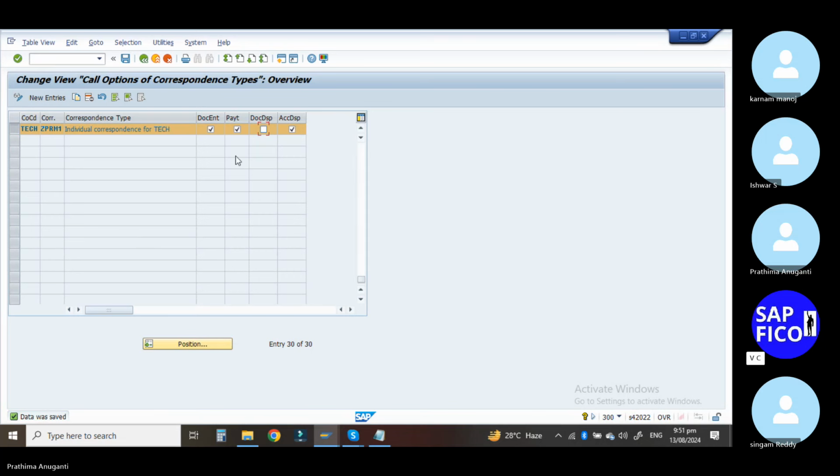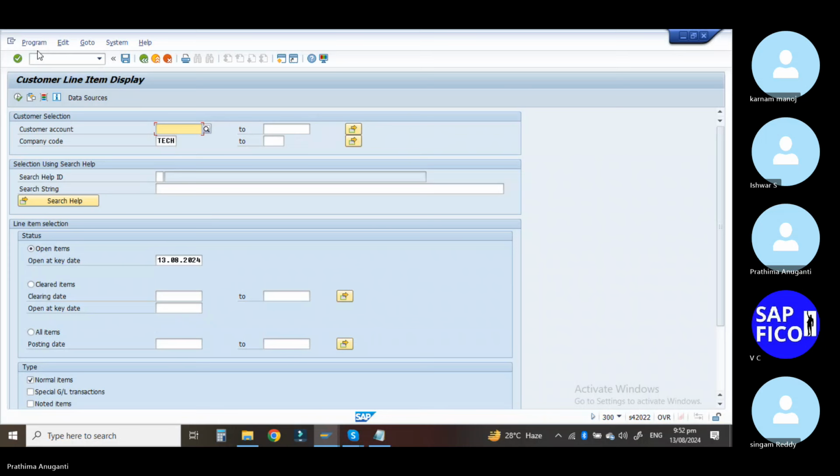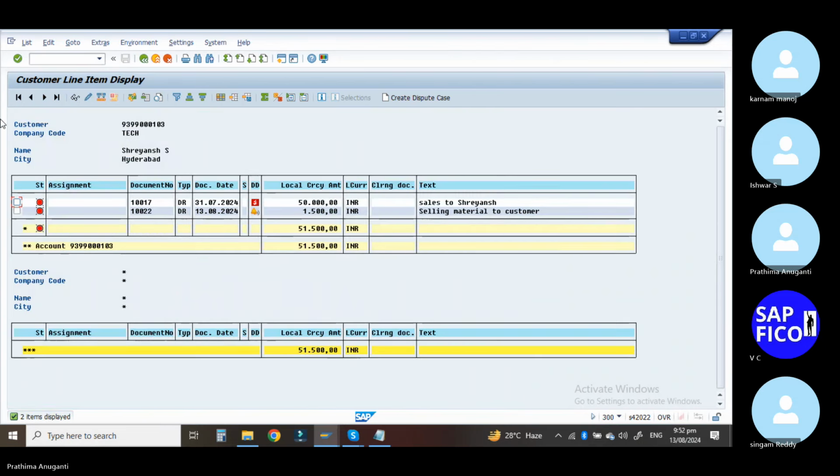Give /n. Go to the transaction code FBL5N. Now what we will do is give 10022. Double click on 10022